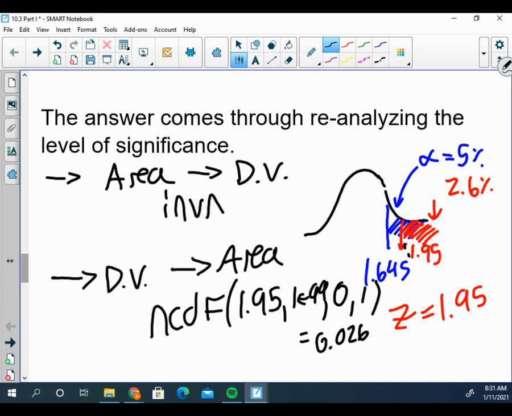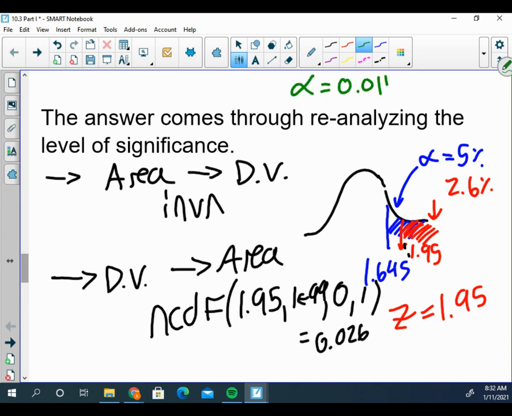Will I end up rejecting the null? Well, yes, in this case, because the value I got has only a 2.6% chance of occurring. We're rejecting the null if our value has less than a 5% chance of occurring, and ours only had a 2.6% chance. This 2.6% area is the probability of getting a sample mean at this level or greater. So then if I ask you, are we going to reject the null at a 1% level